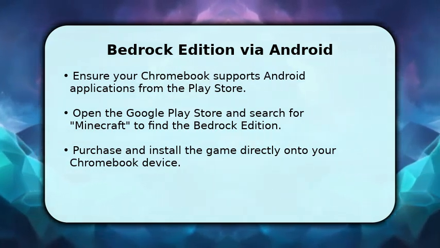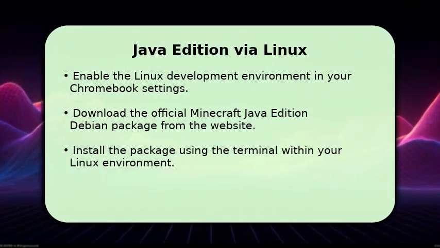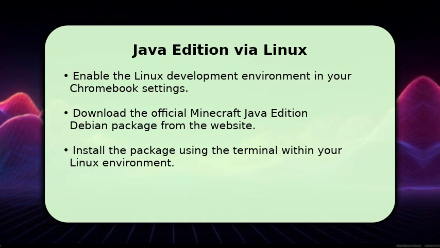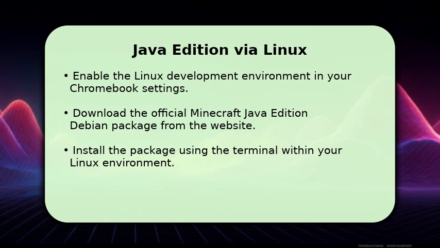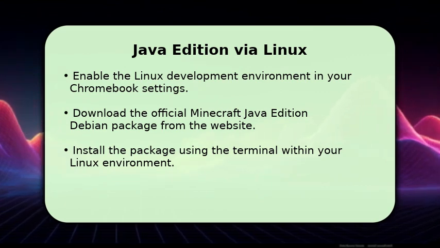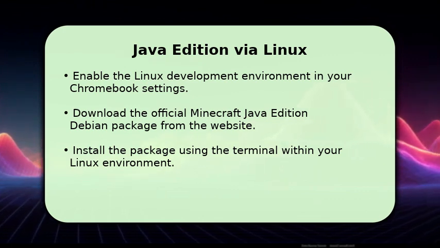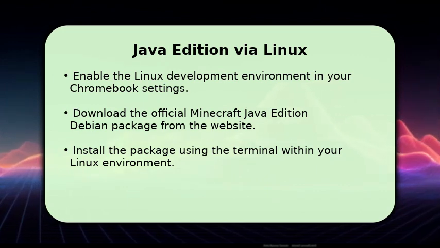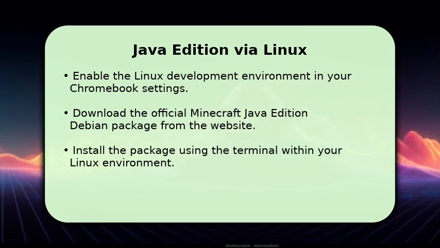device is compatible. Next, for the Java edition, we'll use the Linux development environment. Go to your Chromebook settings, find Developers, and enable Linux. Once set up, open the Linux terminal. Download the official Minecraft Java Edition Debian package from the Minecraft website. Then, use a simple command in the terminal to install it. This process typically takes about 15 to 20 minutes, depending on your internet speed and device performance, but it unlocks